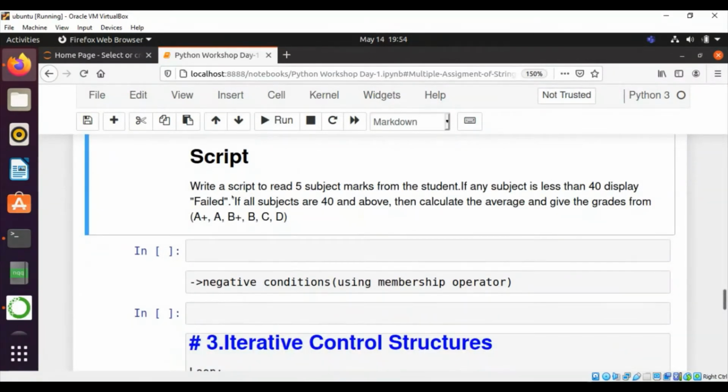Write a script to read 5 subject marks from the student. If any subject is given less than 40, display as failed. If all the subjects are 40 or above, then calculate the average and give the grades A plus, B plus, C, D. Let's see this